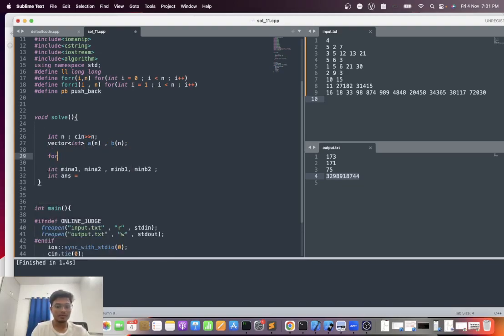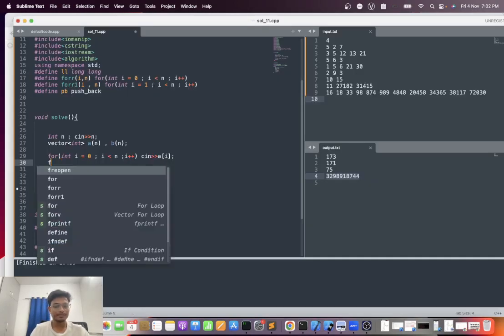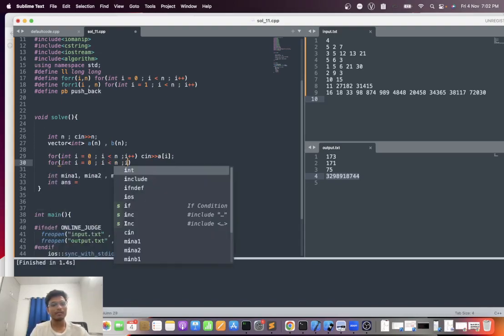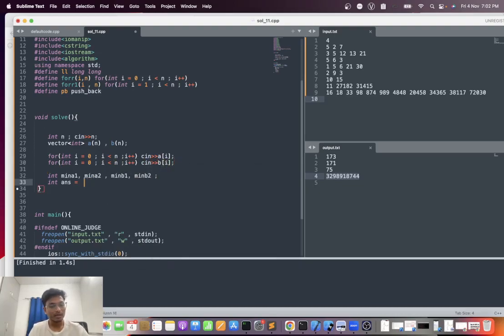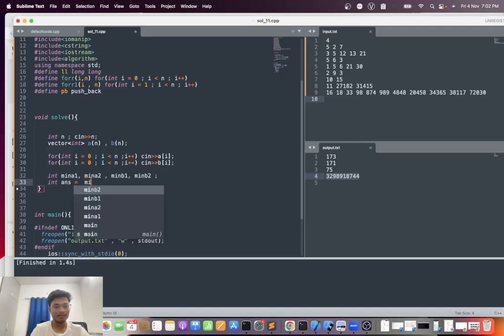For i equal to 0, i less than n, i plus plus, first of all the a of i, then I need to take b of i. Now the answer for these two cases is just a_n minus b_n, that is the minima of, the first